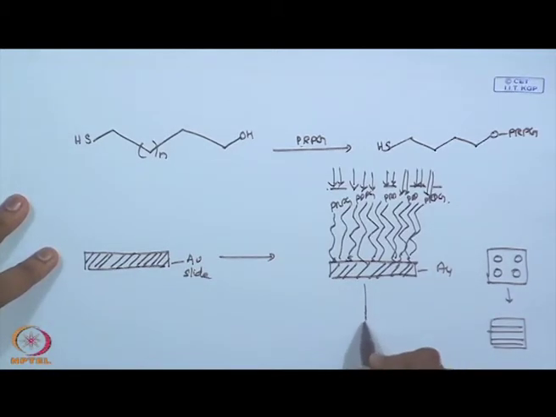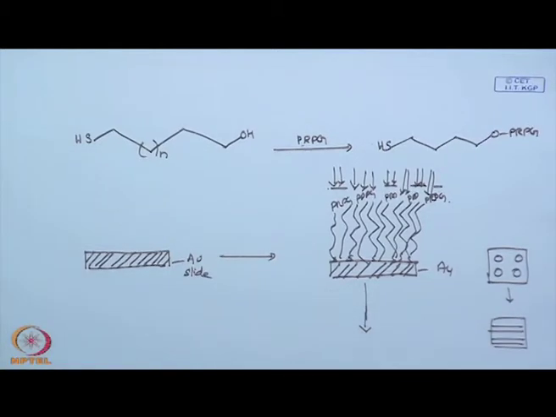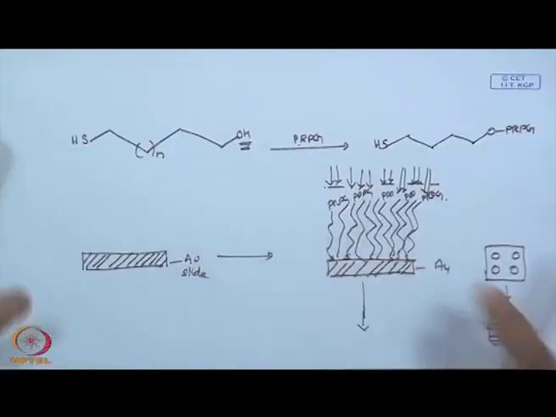So then what happens? In the area where the light gets in, what happens to your photoremoval protecting group? The photoremoval protecting group cleaves off to give you the functional group back. What was your functional group? OH, right? So wherever there was light, so then you will have a SAM